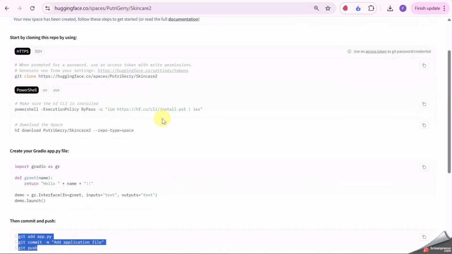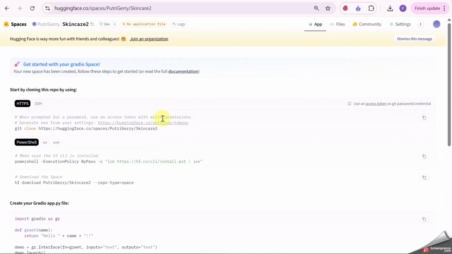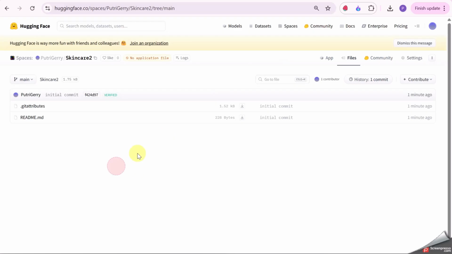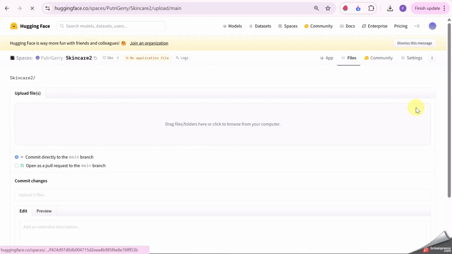To do that, we click the files menu on the top bar, click files, and then click the contribute button above the grid, and then we can drag and drop files in the folder.